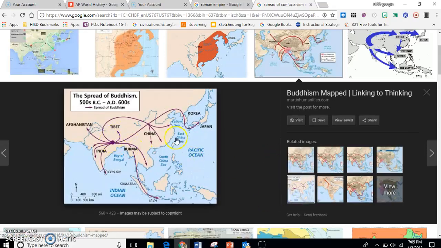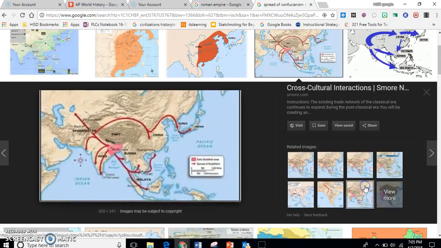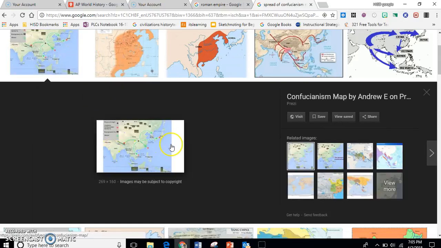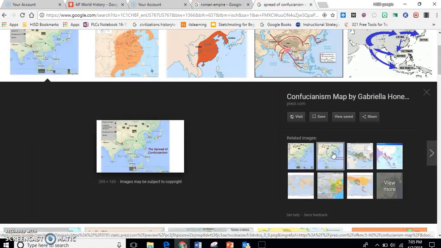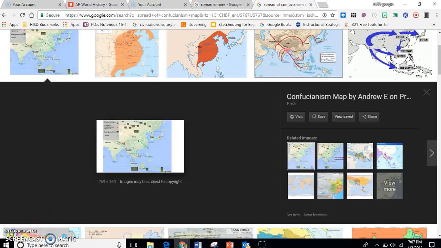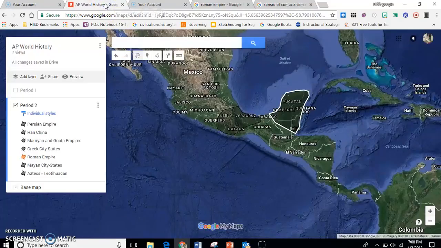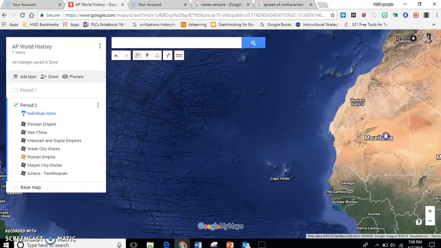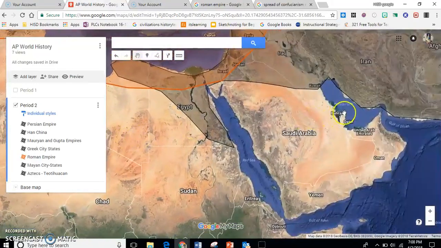This one's pretty clear, oh, that's Buddhism. Never mind. That's not going to help you on this question, but it will probably help you on a later question. That one's good, but it's really tiny. Okay, this is the best map I can find. Basically, it starts in China and then spreads out throughout Asia. So if you come over here to your map, go all the way over here to China,